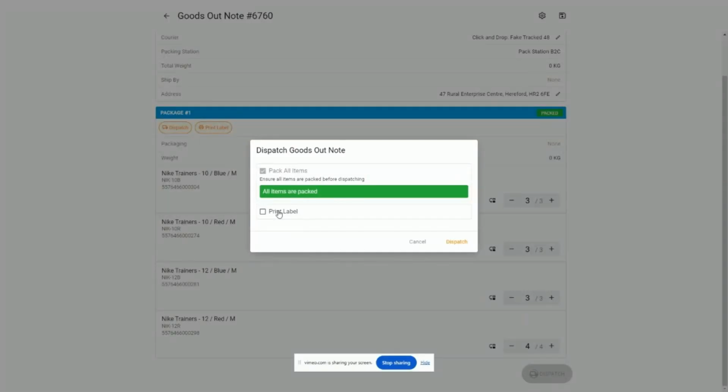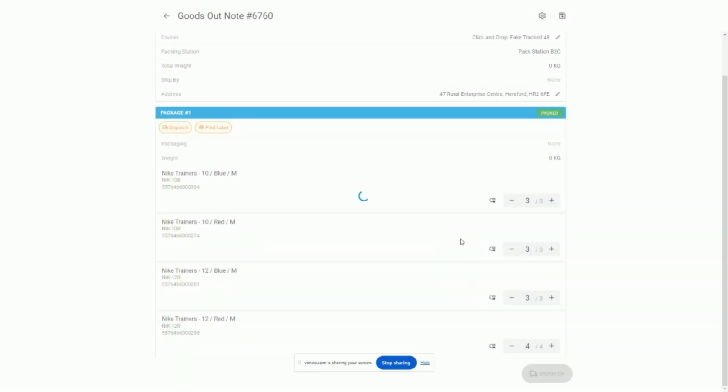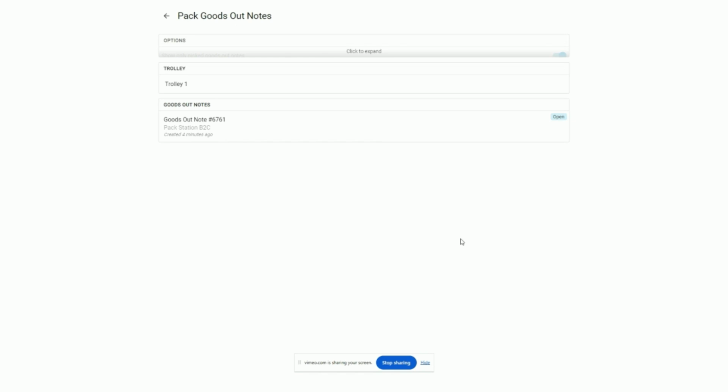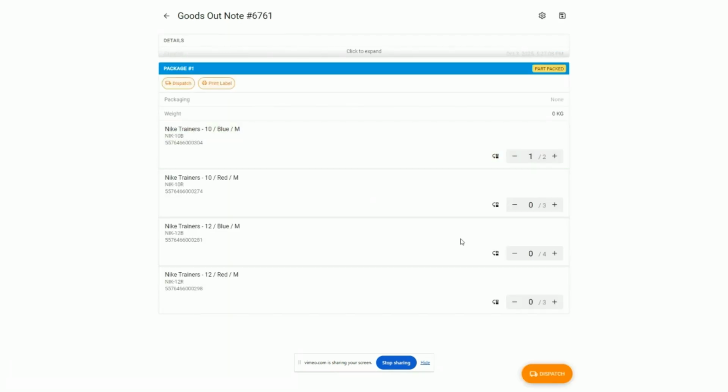This would normally be pre-selected with a label, 6x4, for example. I'm going to hit dispatch. That takes me back to the screen, and now I'm just picking up the next item in the trolley and I'm away again. So I'm just rinsing and repeating until I've packed all the items that were sitting in trolley number one,